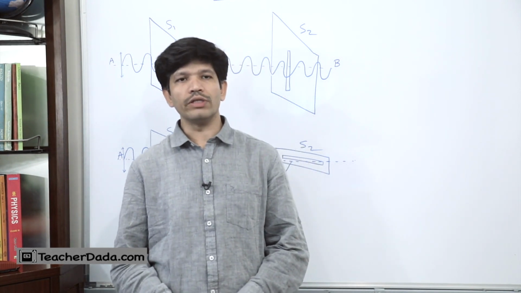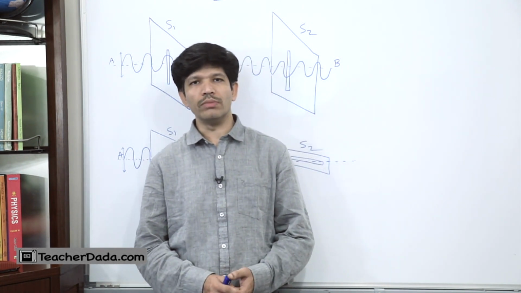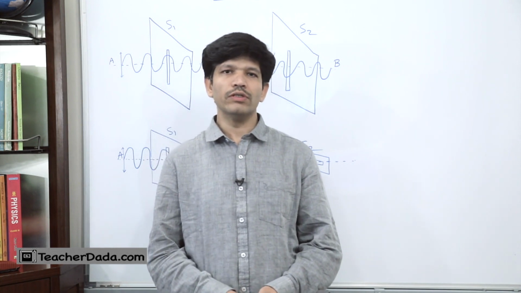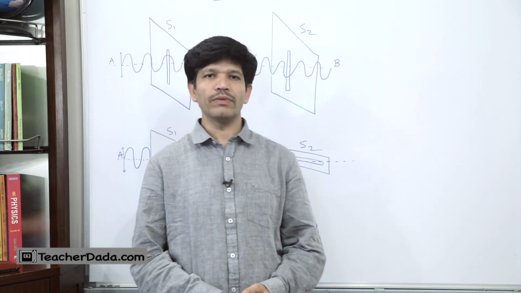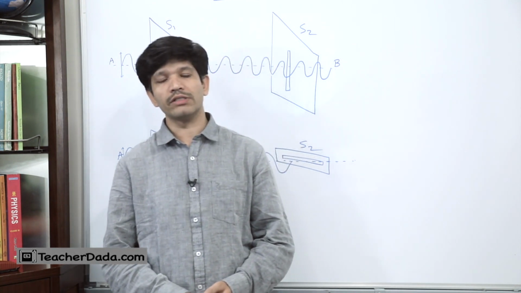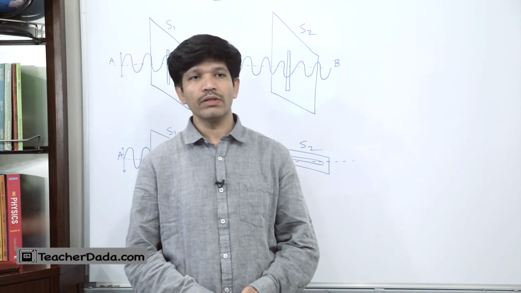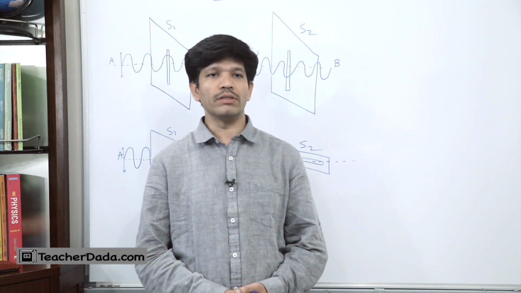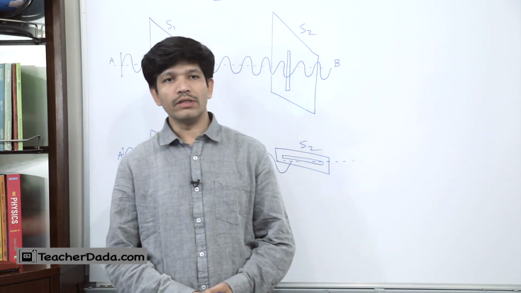After nearly 140 years, Fresnel proved that light waves are not longitudinal but they are transverse waves. Now, transverse waves mean the light waves can travel in vacuum without requiring any material medium, whereas longitudinal waves, for example sound waves, cannot travel in vacuum because they require a material medium. Now we have an experiment here.